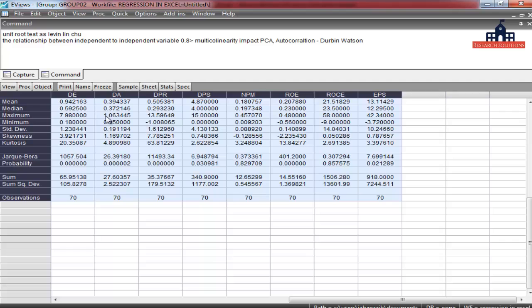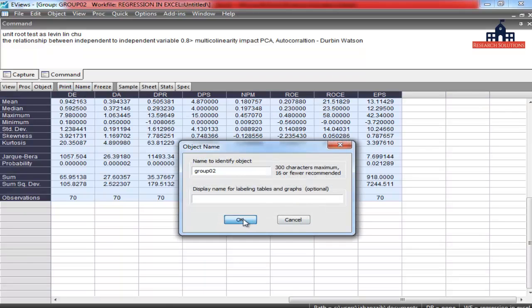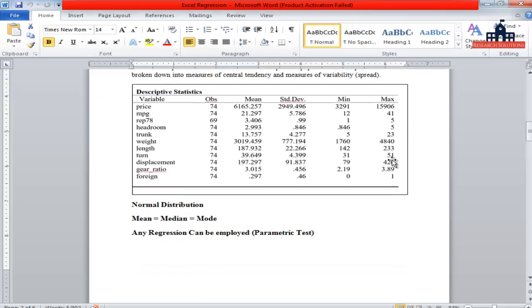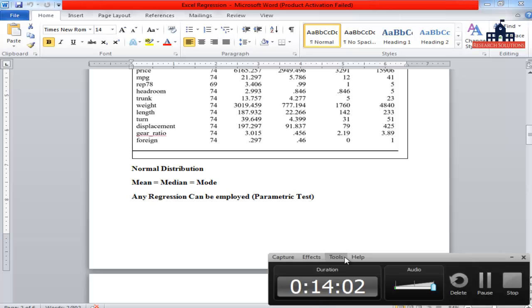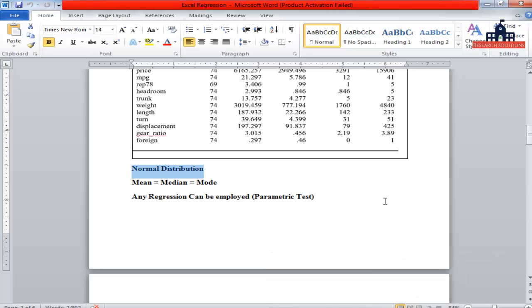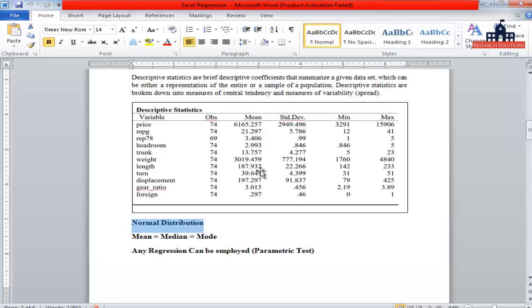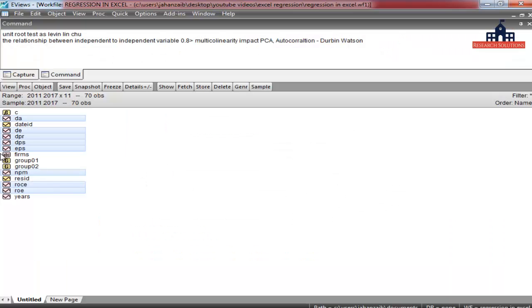Now I have named it as group 2. I will close it. Now what I am going to do here, normal distribution we are going to test in the last by using the Jarque-Bera. Also we can check by the Jarque-Bera, but the descriptive statistics here in this Excel sheet as group 2 has shown the distribution.